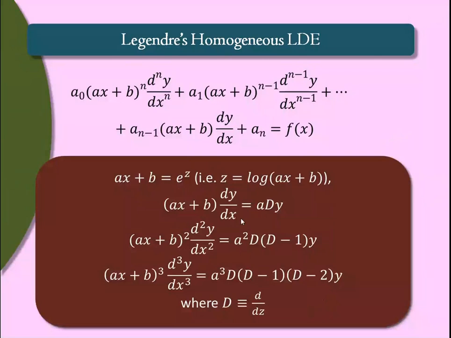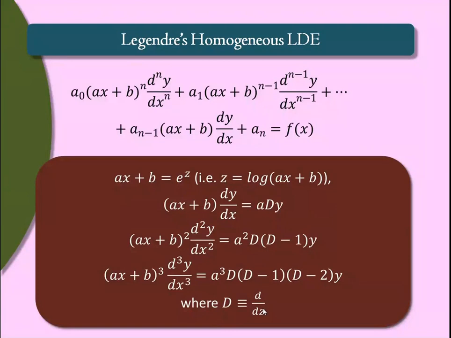One more important point to remember is that up till now, we have solved differential equations in which capital D is d by dx. But here, because of this substitution, capital D is d by dz. Previously, whatever CF and PI we got, YC and YP, were in terms of x. But as here capital D is in terms of z, whatever YC and YP we get is in terms of z. That is a very, very important point to remember.